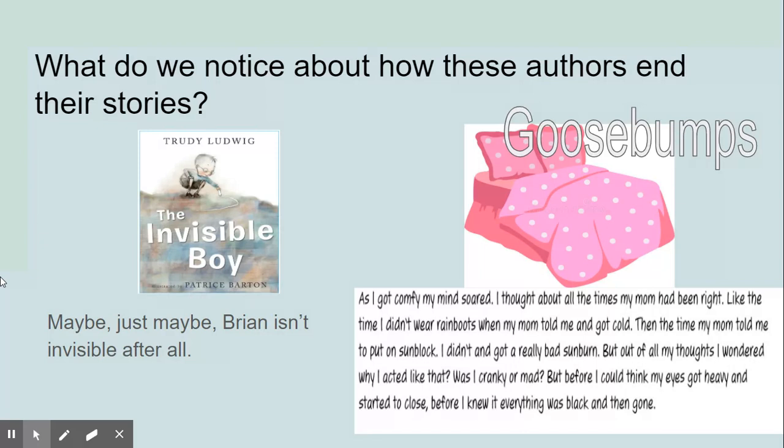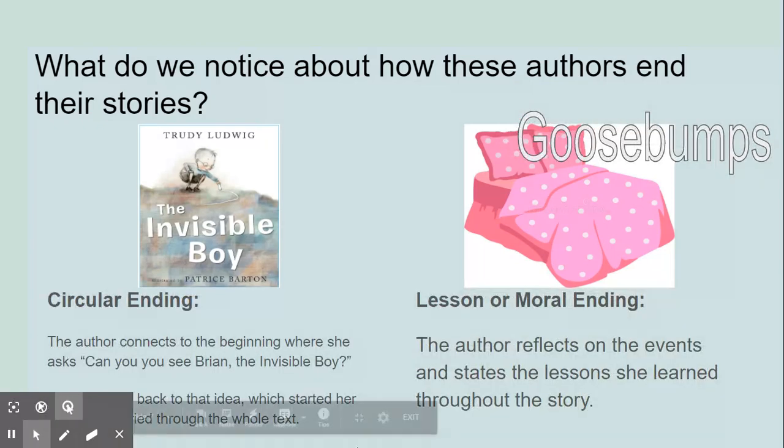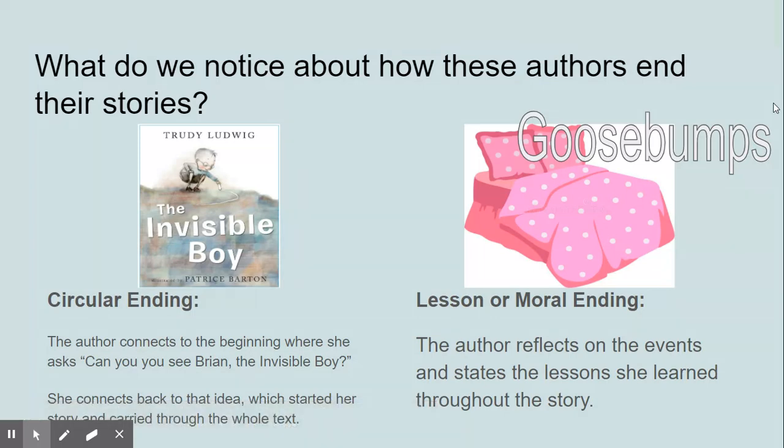All right, so we're going to take a minute to pause and discuss what we notice about how these authors end their stories. What choices did they make and why did they make those? All right, so Trudy Ludwig, the author of The Invisible Boy, uses what we call a circular ending because it circles back